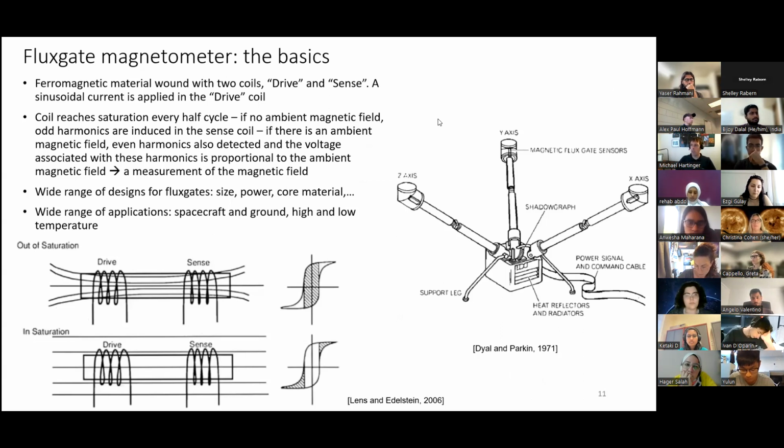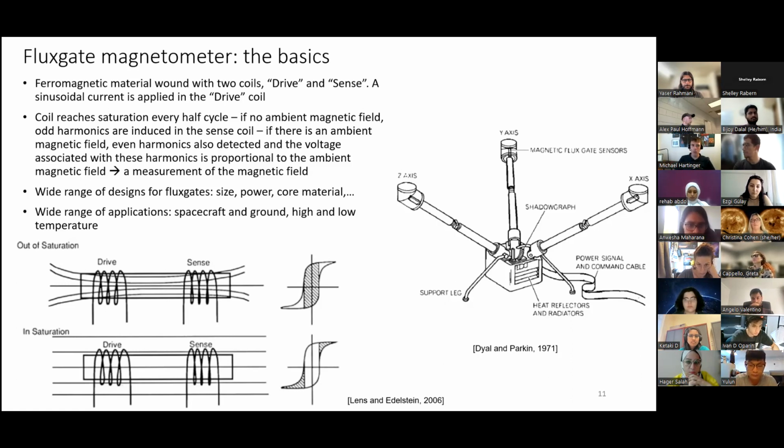So, basics of a flux gate magnetometer. Again, you don't have to feel like you have to remember this, because there are many different types of magnetometers, but I just wanted to give you the flavor of what things you might do to measure magnetic fields, and give an example of how you can customize things. For a flux gate magnetometer, you're operating with the principle of having two coils wrapped around a ferromagnetic material, the drive coil and the sense coil. You drive the drive coil with a sinusoidal current,